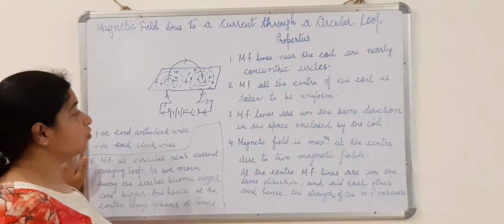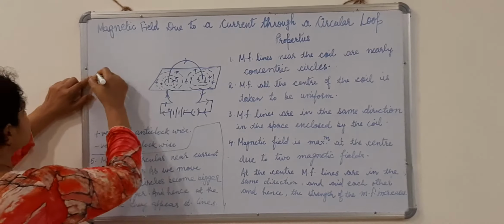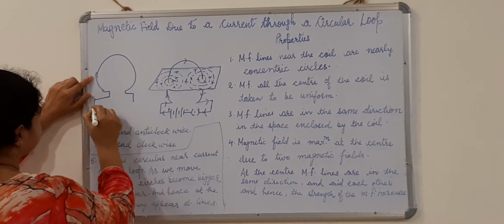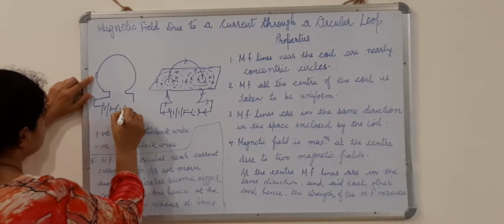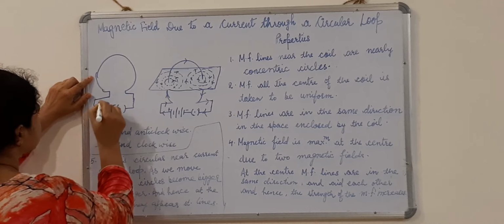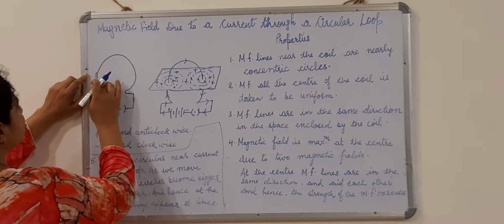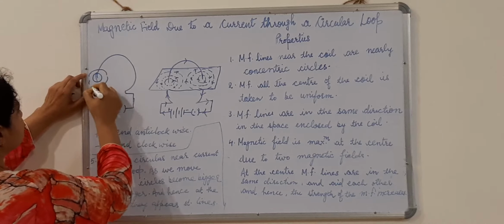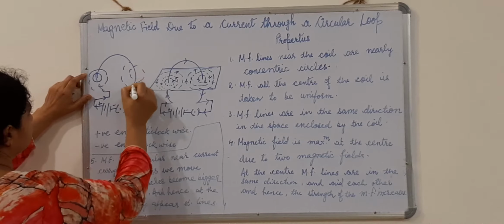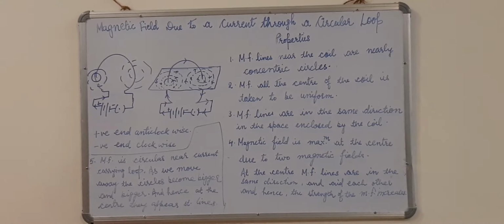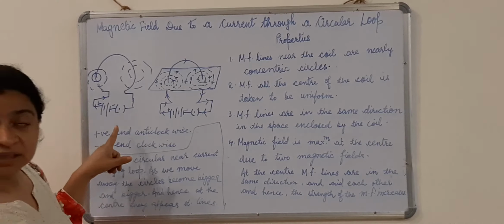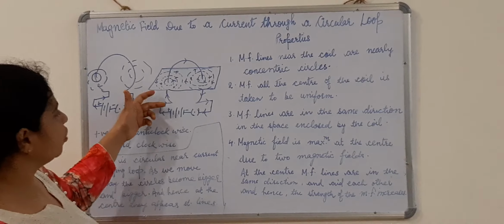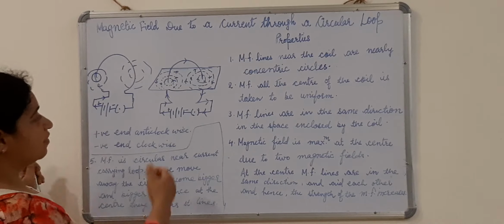Now how am I going to find it? Suppose this is a circular loop, this is a circle, and there is a battery and the key also. The key is on, positive and negative, and current will start flowing from here to there. So I will notice that there will be the formation of concentric circles around this part, everywhere, this way. This is the pattern of the magnetic field lines around the current carrying circular loop. Now to find out the direction of the magnetic field lines, I am going to apply my right hand thumb rule. So I will do the activity.